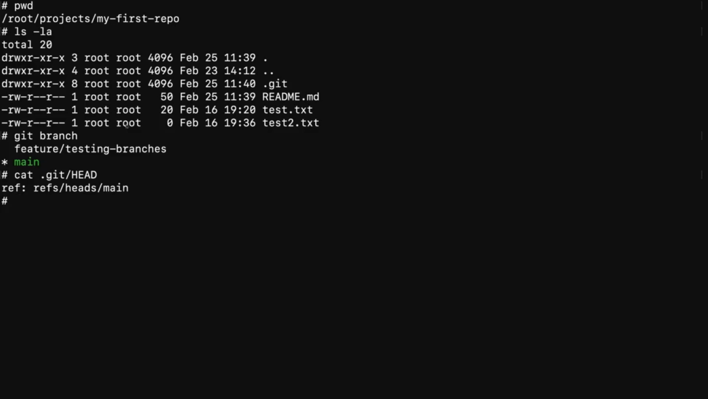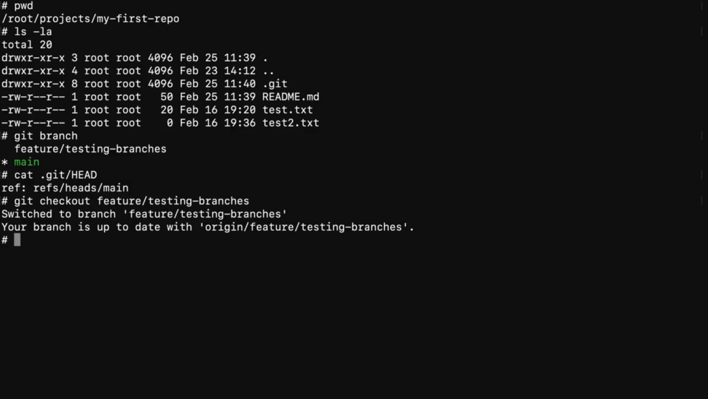If I change my branch to the feature testing branch, I use the git checkout command: git checkout feature/testing. I then go to my head file inside the Git folder by typing cat .git/HEAD. The ref is now pointing to the feature testing branch, namely refs/heads/feature/testing. Notice that my branch is up to date with origin/feature/testing. I'll go back into my main branch by typing git checkout main and then check the reference file